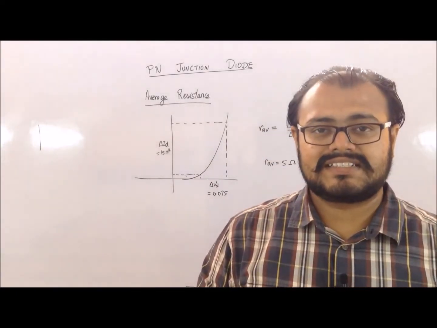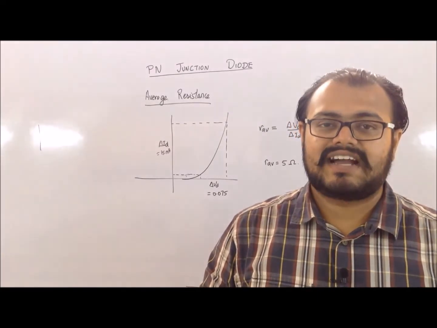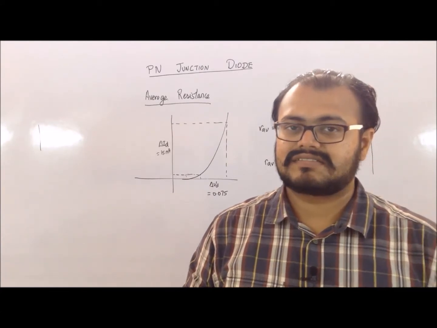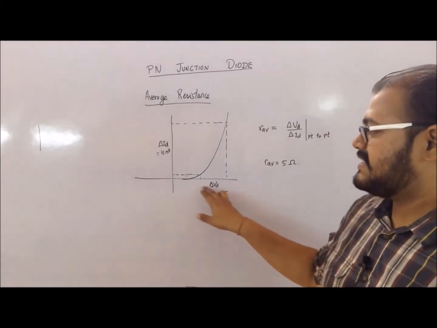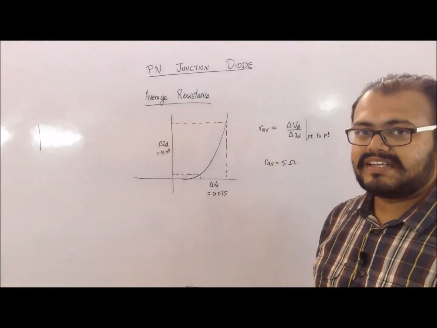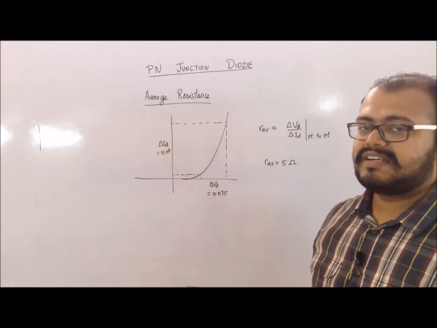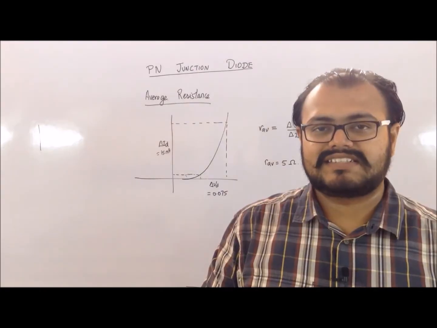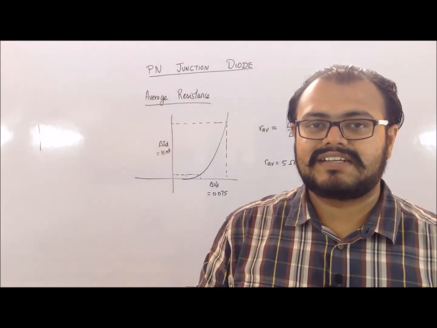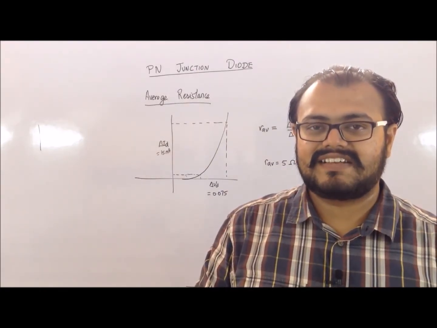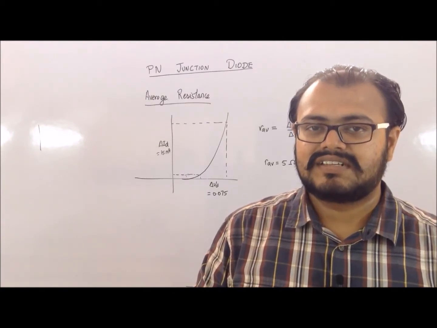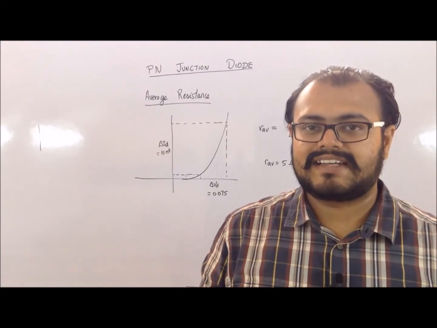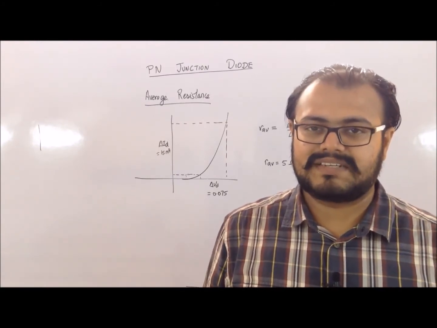There is no condition in this particular change which was present in my AC analysis of resistance. So we are assuming that there is a large change in my voltage and we are calculating the corresponding change in my current, which is through the diode. The average resistance will be useful in calculating the equivalent circuit of a diode. So basically this average resistance encompasses all the characteristics which are present in my forward biasing mode.